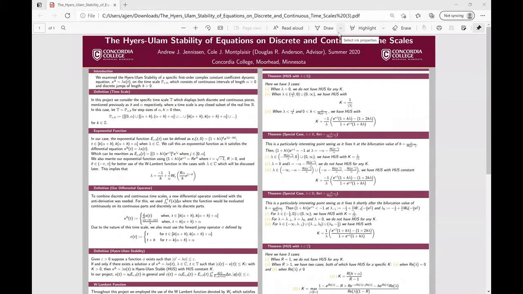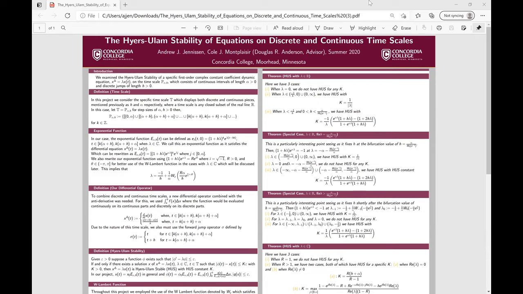For the summer, we did summer research on the Hyers-Ulam stability of equations on discrete and continuous timescales. The people that worked on this were A.J. Jensen, Cole Montplaisir, and Dr. Anderson. And for the introduction on what the project is, we examined the Hyers-Ulam stability on specific first-order complex, constant,